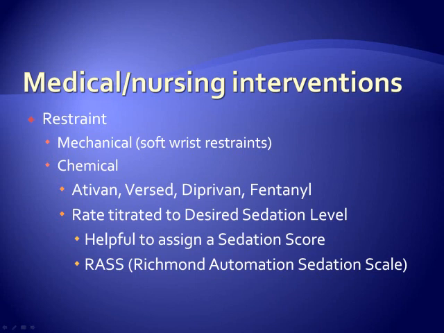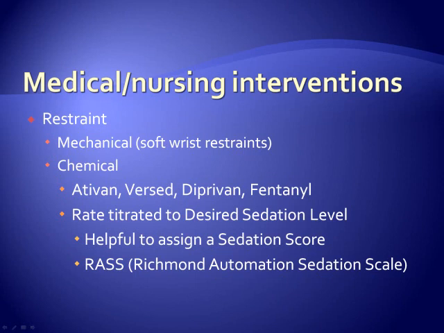Now, they work differently. So you may have patients on multiple drugs. For example, you may have the patient on an Ativan drip and a fentanyl drip. Ativan is a sedation kind of medication, whereas fentanyl is a narcotic, and it's going to help with pain that the patient may be having. Most patients relate mechanical ventilation as being moderately painful. Remember, they have a tube down their throat, and it's forcing air into their lungs. That's a little bit different than the normal method we have of breathing,